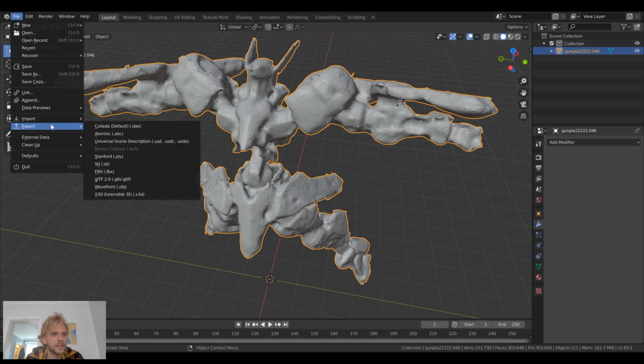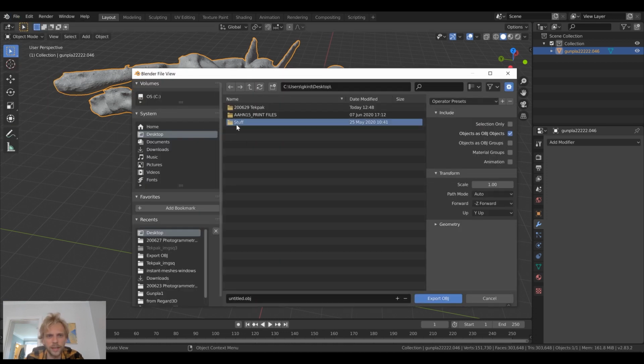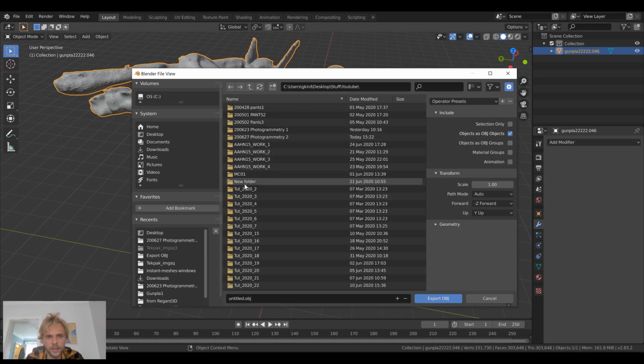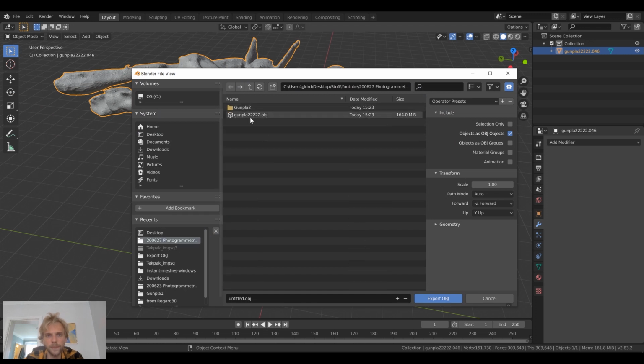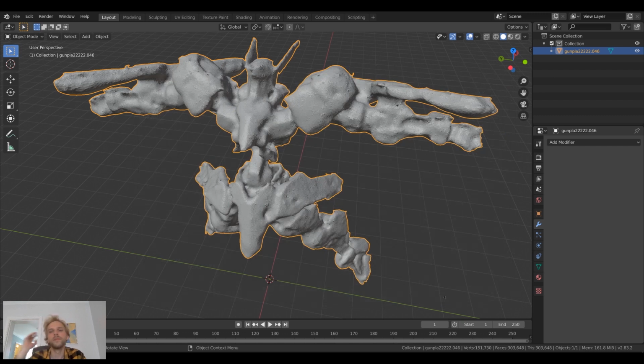File, export, OBJ again, and let me go to my folder, and I'll call this GUNPLA from Blender.obj, export. That's good. And now in Blender, I didn't do any topology optimization, and this is because I want to do it